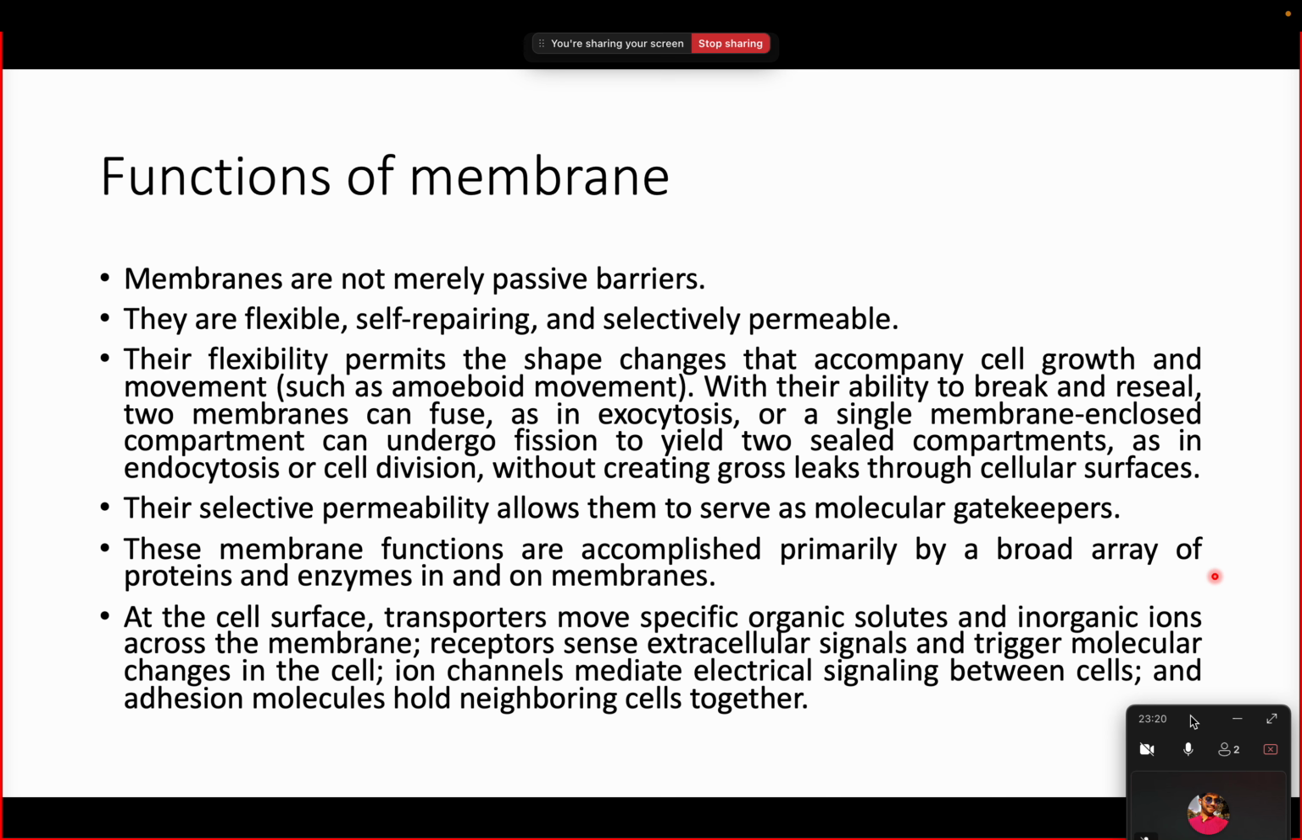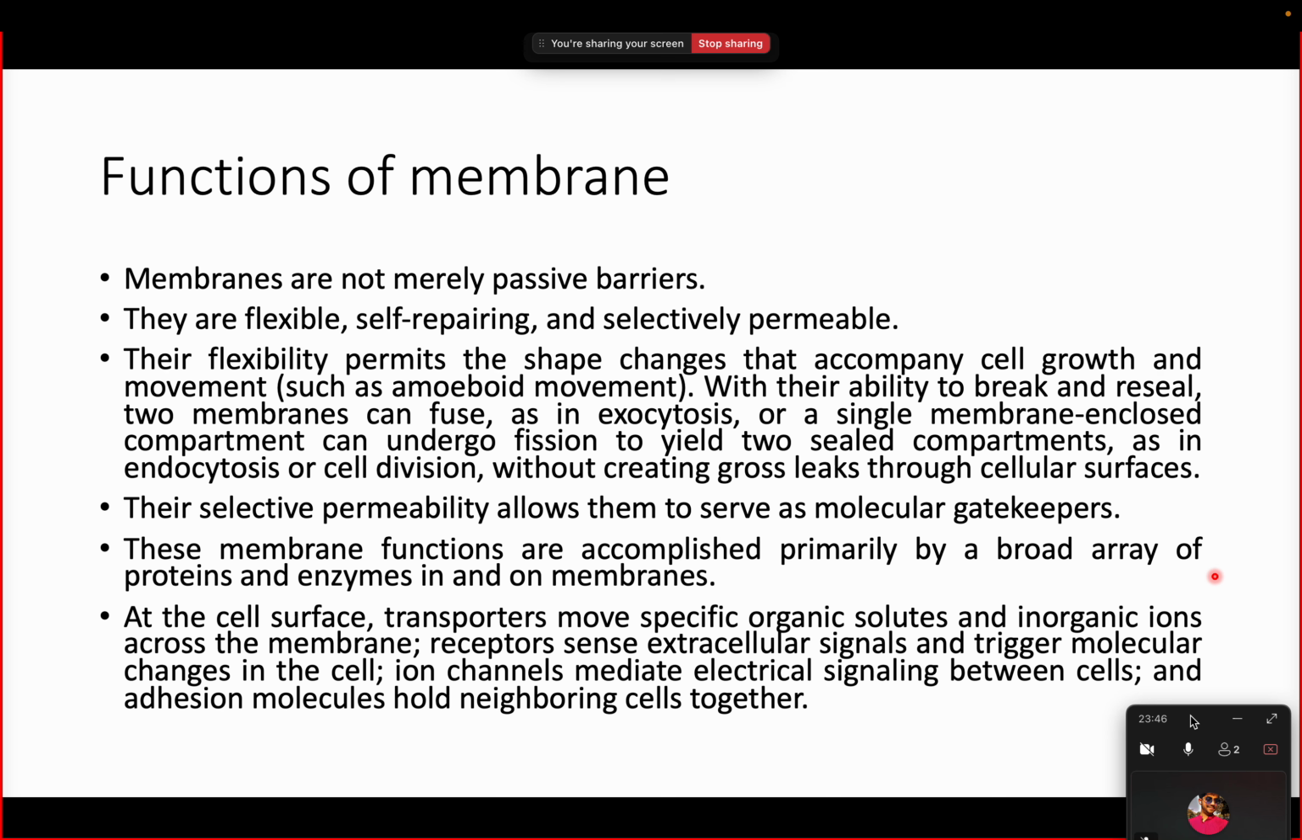These membrane functions are accomplished primarily by a broad array of proteins and enzymes in and on membranes. At the cell surface, transporters move specific organic solutes and inorganic ions across the cell membrane. As we have studied, this was the property of membrane transporters, right? Receptors sense extracellular signals. We have seen GPCRs in